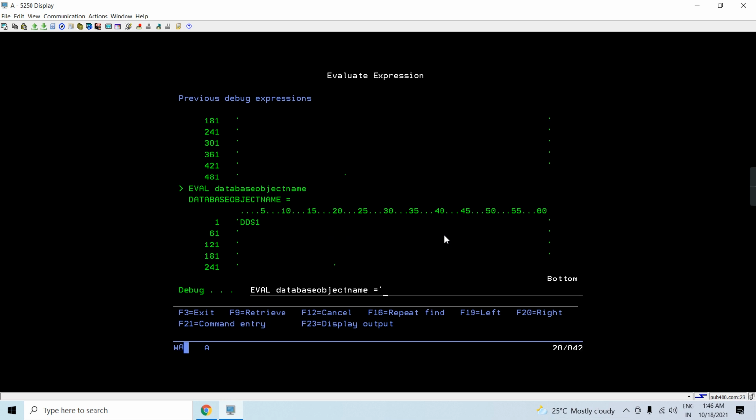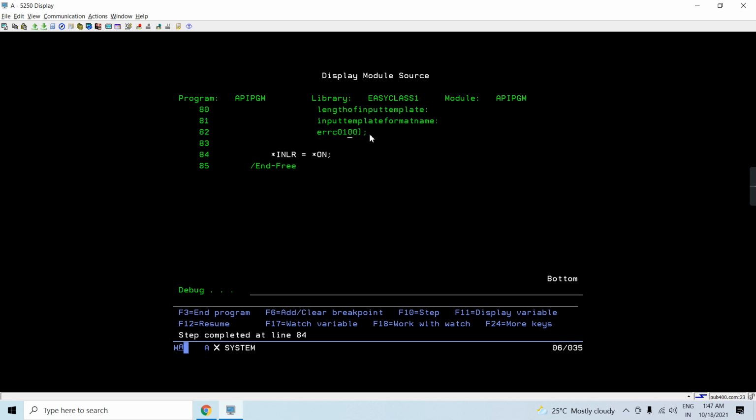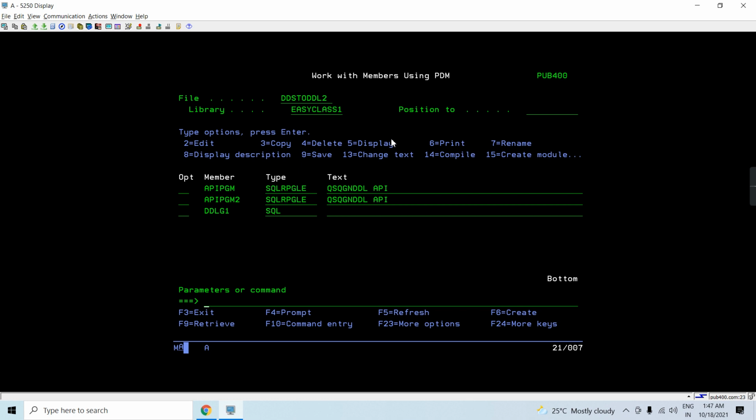Database object name is going to be LF2, and we are going to generate an index. So type would be index. In this case, we're going to generate in the same source member. Error code is nothing.